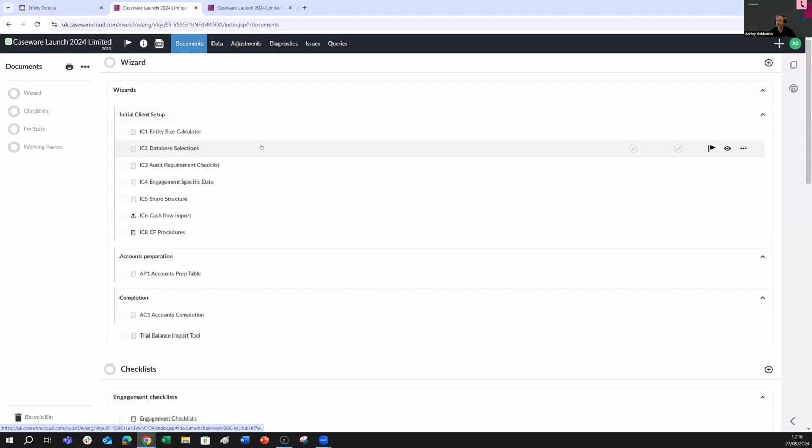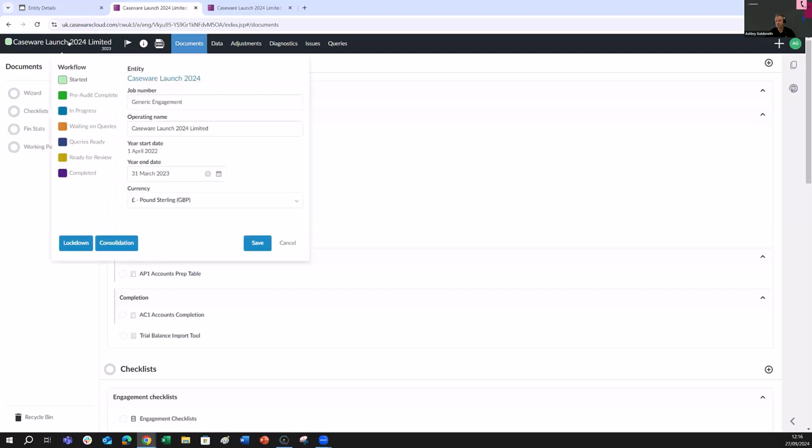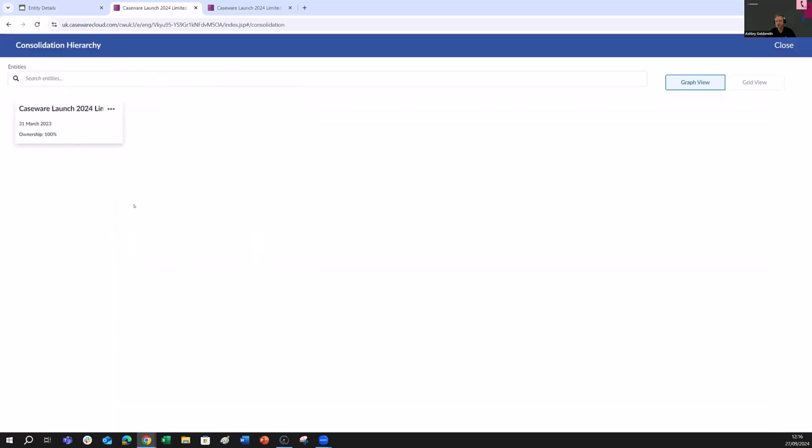Just before I forget, because I tend to miss this part out, I also want to mention consolidations and how you go about importing data. If I click on the company name towards the top left and go into the consolidation window, by default it assumes it's just a single entity. But by clicking on these three dots, we can start to add a consolidation structure by linking to an existing engagement, or simply adding an extra section of your trial balance within this engagement